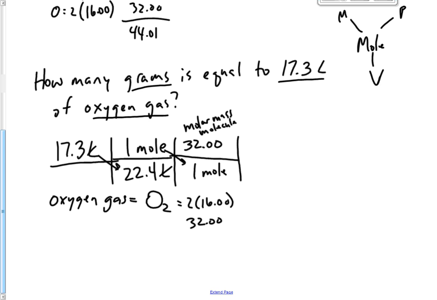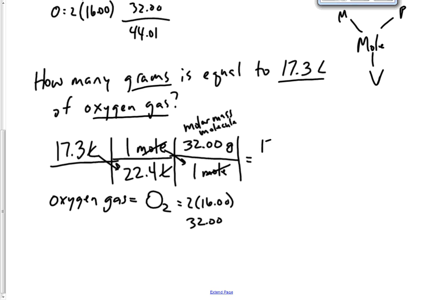Now if I just said aluminum, you can put aluminum because aluminum can stand alone. But because oxygen gas is actually a molecule, you need to put the mass of the molecule. Moles divide out and we're left with grams. So when we do our math,